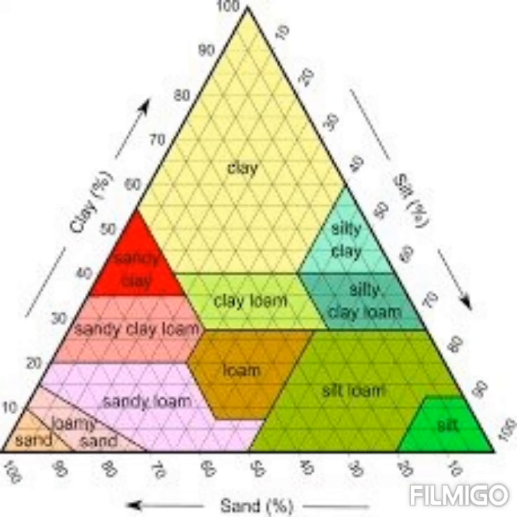If the ribbon is 1 to 2 inches, we will wet a small pinch of soil and rub it against our palm. If the soil feels gritty, it is sandy clay loam. If it feels equal, it is clay loam, and if it feels smooth, it is silty clay loam.